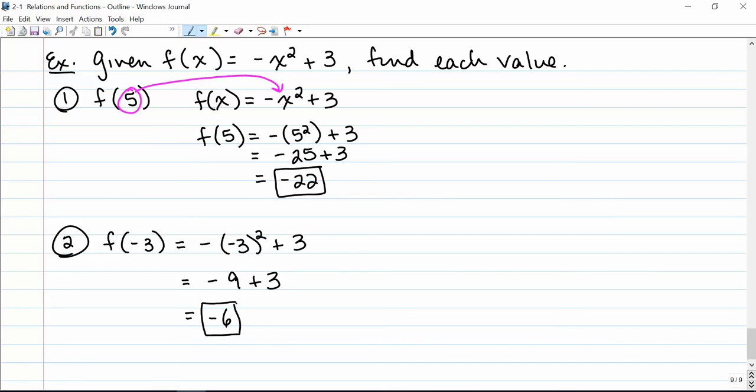So in this lesson, we looked at what makes something a function, what makes it a continuous function, a discrete function, one-to-one, onto,